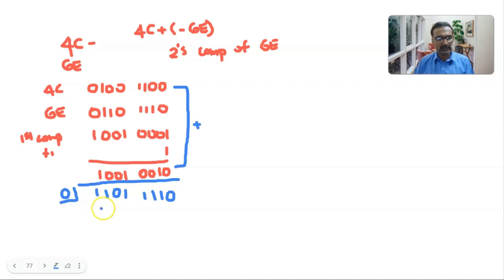This is our answer: 8, 9, 10, 11, 12, 13. So it is D, and this is again E, but remember you have to invert the carry. So the carry flag becomes equal to